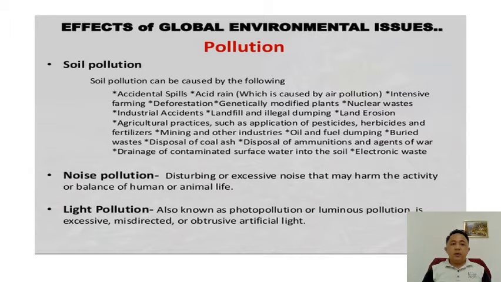Another cause of soil pollution is acid rain. Now, usually acid rain is associated with air pollution. If the air is heavily polluted with heavy metals or any toxic gases, when it rains, these particular chemicals and the toxic materials that are airborne or that are found in the atmosphere will come down in the form of acid rain. Now, acid rain has a very negative effect on buildings and statues because it may cause discoloration or